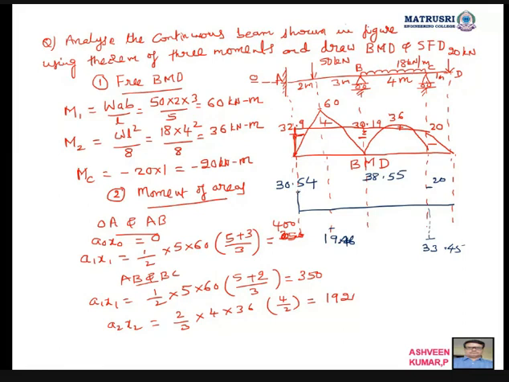Then how to join this? There is no load between these two. There is no load. Understood? I told you here, 19.46. So no load, here also no load. Then here 38.55. Here what should I do? Because it is UDL, you want to join with a linear. And here, from here to here no load, so 20. So this is your